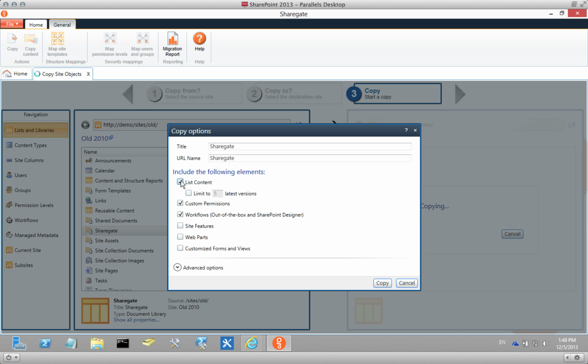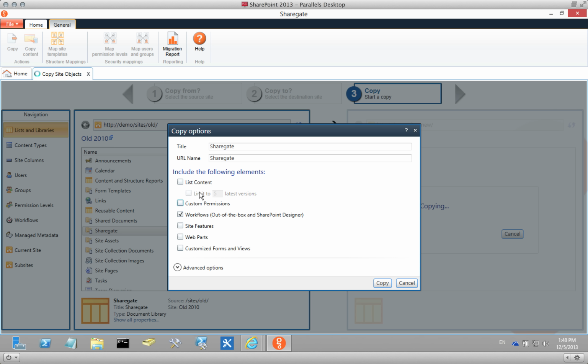Now, why do we ask whether or not you want to include the content? Some people ask me, well, it's obvious I want the content. Remember what I said about using Sharegate day to day. What if I want to migrate this document library from a test environment to production environment? I don't want to overwrite the content in production, so I'm not going to choose the list content, but I will say, yes, bring the custom permission or not, and do include the workflows. Right? So I'm bringing a workflow from a test environment to production, or from 2007 to 2013, without the content,